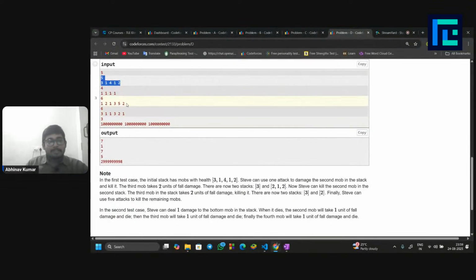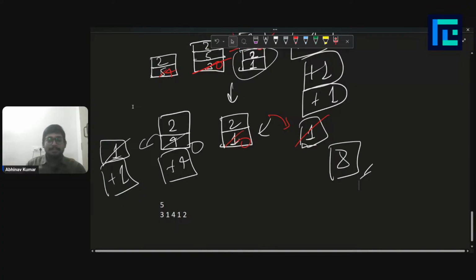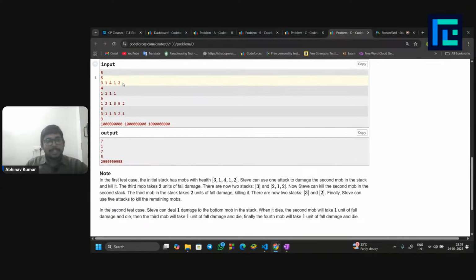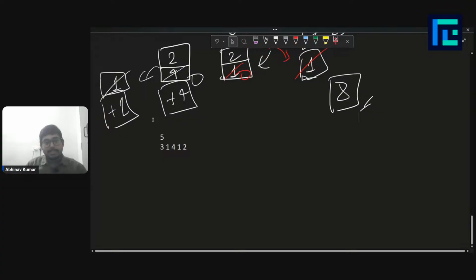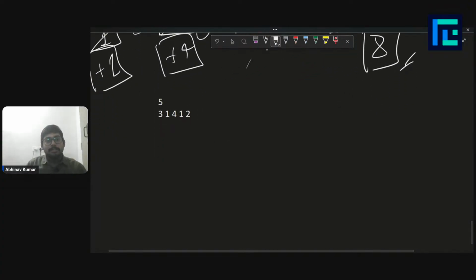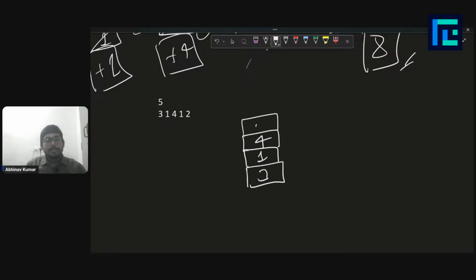But there is some way through which you can do it in 7 attacks as given in the test case. Okay, so we'll see when we solve the problem how do we obtain the optimal way. But for the example, let's take the first test case and understand what is the most optimal way. So here the most optimal way is, you have a 3, you have a 1, you have a 4, you have a 1, you have